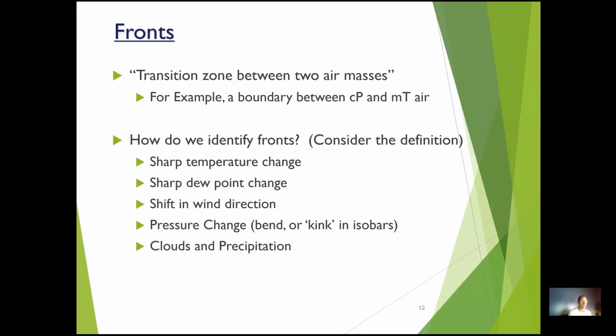And sometimes clouds and precipitation can be a very valuable asset in helping to fine-tune where the front might be located. Other times, not so much. You may have a large expanse of clouds and precip, for instance, ahead of a warm frontal boundary, and that's going to be related to the slope of the boundary, as we'll get to in class next week. Got a little bit ahead of myself there, the idea that you can use multiple traits to fine-tune that frontal